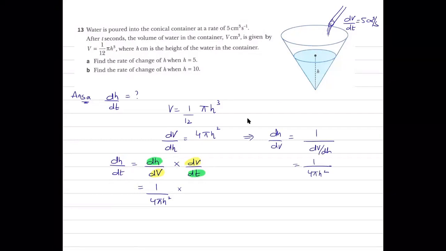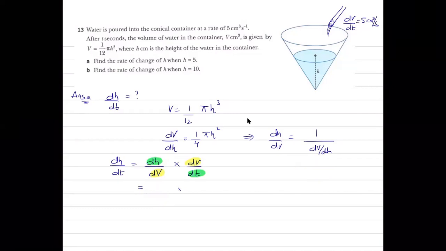But I'm asking in the volume, and we were differentiating the volume, won't it be 3 upon 12 and then 1 upon 4 pi h square? Oh, yeah, that's my mistake. It's going to be 1 upon 4. You meant this, right? Yes. Thank you for correcting.